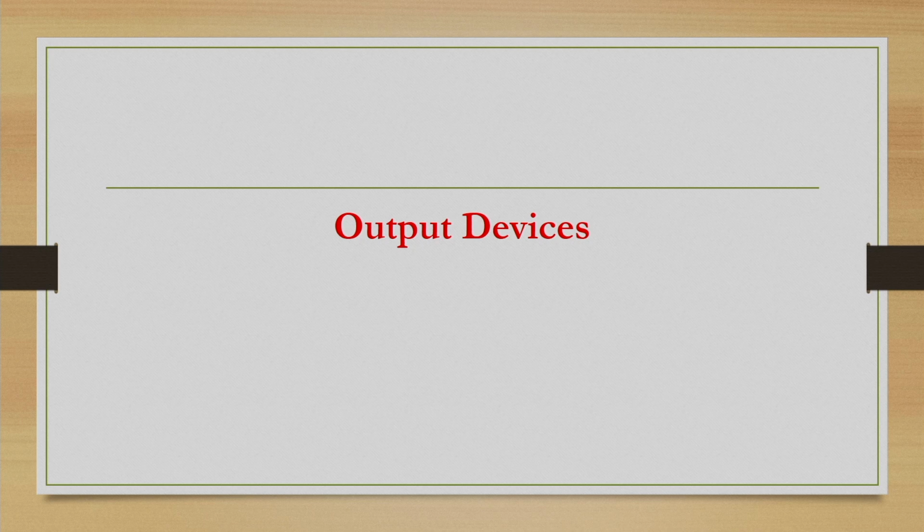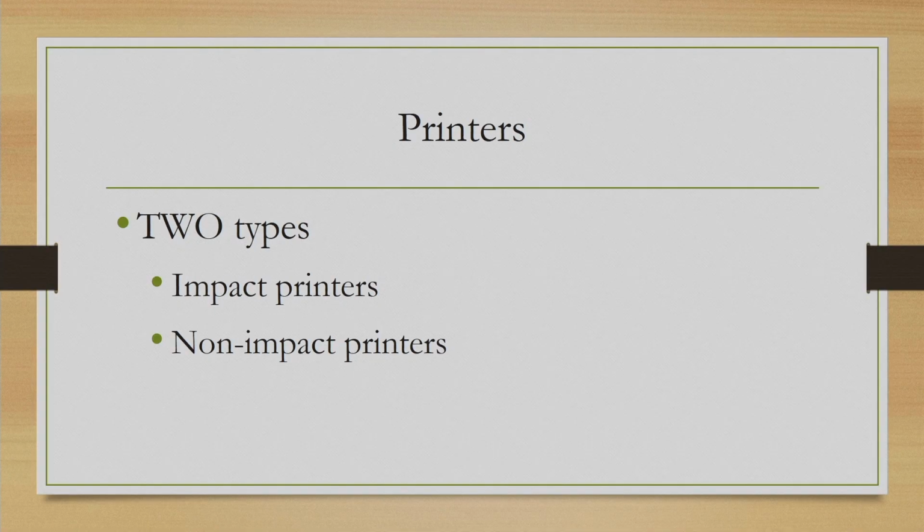Now, let us try to understand output devices, graphic output devices. So, as we said, when we talk of output devices, one is display screen, that is one. Other thing is hard copy devices. Display screen we have already discussed. In hard copy output devices, we have printers and plotters. In case of printers, there are broadly two types, impact printers and non-impact printers.